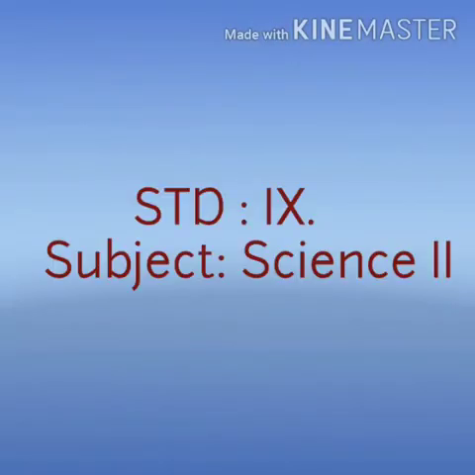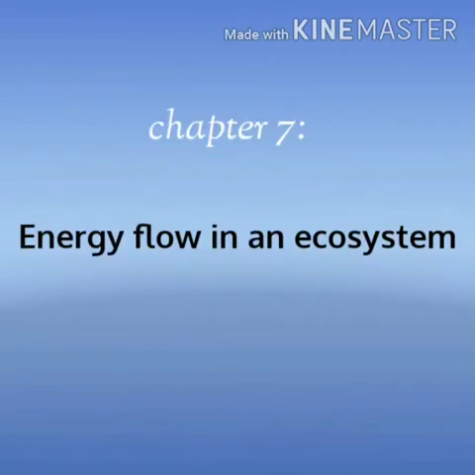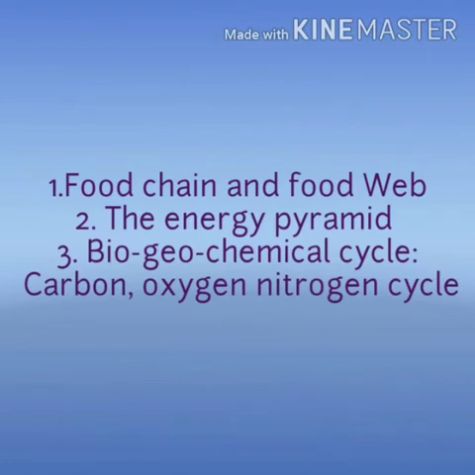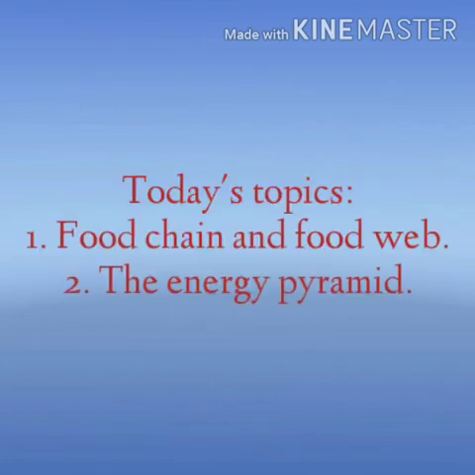Good morning, dear children. Today we start with the second chapter of Science 2, Energy Flow in an Ecosystem. In this chapter, we will be studying about food chain and food web, the energy pyramid, and biogeochemical cycle, where we shall learn about the carbon cycle, the oxygen cycle, and nitrogen cycle. Today, as we begin our first session of this chapter, we will be studying about food chain and food web